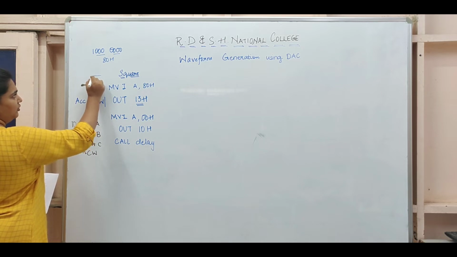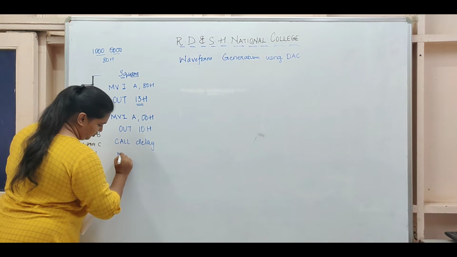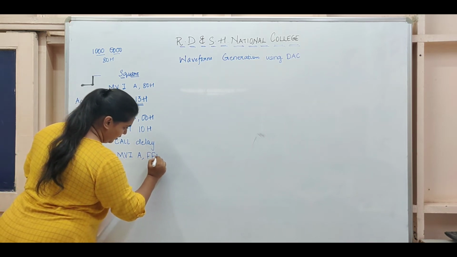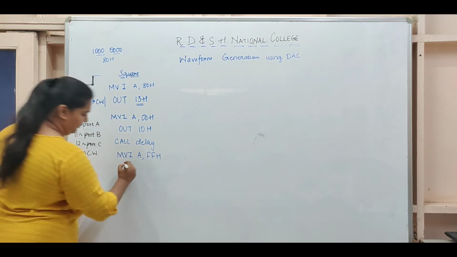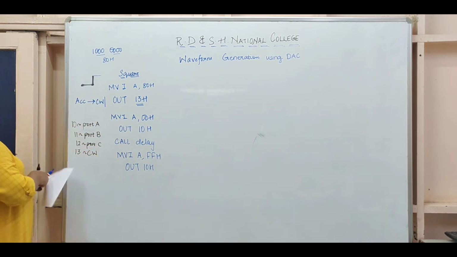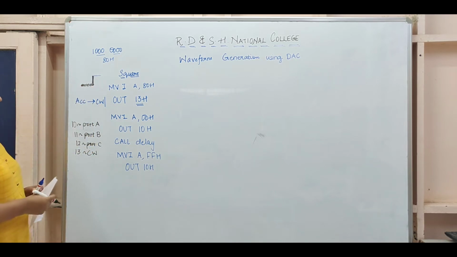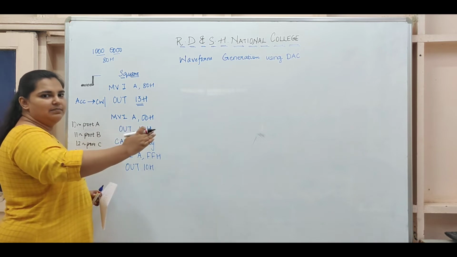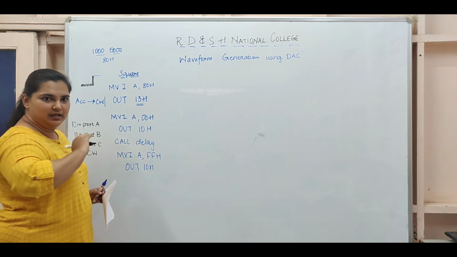Now next what I want to do is go high. As I already told you, for high I will be using FFH. So I'll use MVI A FFH. Now this FFH again I need to give to port A, so you will say OUT 10. Now you will say CALL DELAY. For every step I have not done OUT 10, the reason being this value is held at port A. So जितना time pass होगा उतने time तक port A वही value out देता रहेगा.